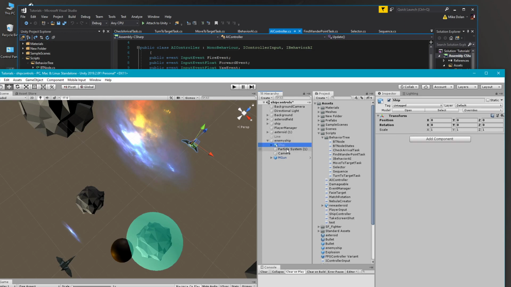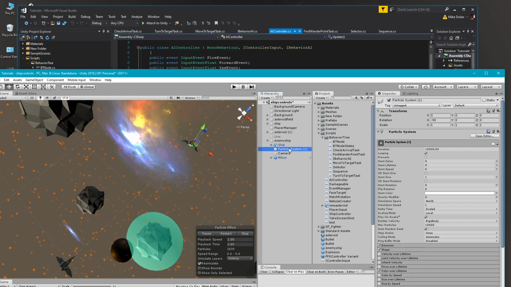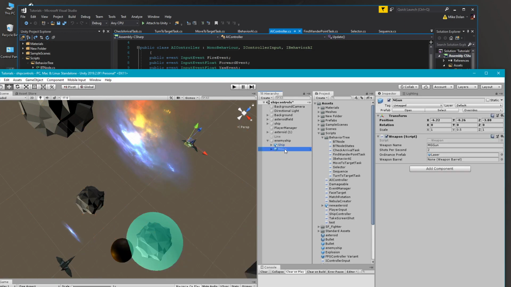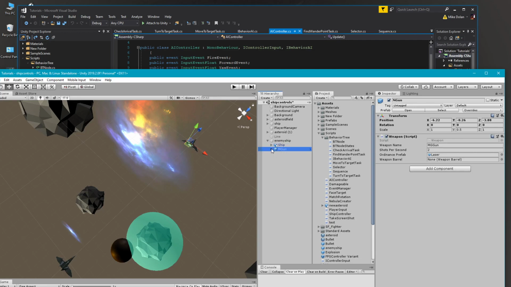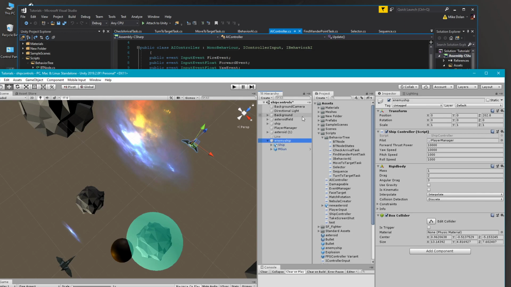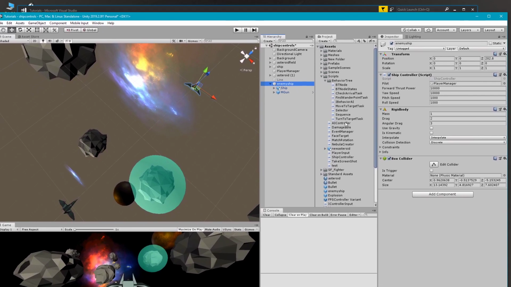Okay, so now we don't need the particle system for the enemy. We don't need a camera for the enemy. Probably don't even need guns for the enemy right now. Let's just leave them on. Okay, so on the enemy ship you have a ship controller, a rigid body, and a box collider. So a couple of things we need to do here. We need to find the AI controller that we created, drag it on to the enemy ship. Okay, so now we have the AI controller on here. The AI controller is going to be the pilot. So in order to get this to be the pilot, just drag your